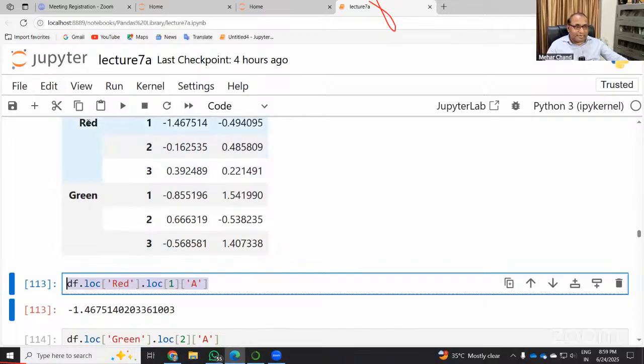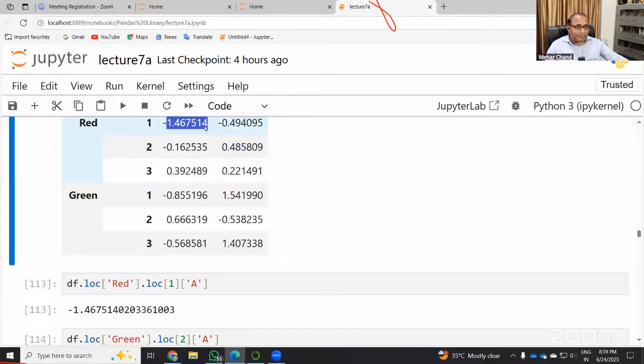And inside we have one more location. This is the 1, 2, 3. This red is the location for the outer, and here the location is inside, which is 1, 2, 3. So we are taking 1. And A is the first column. So this will return